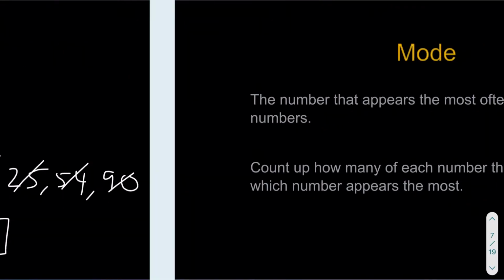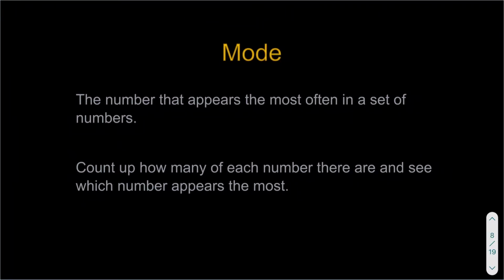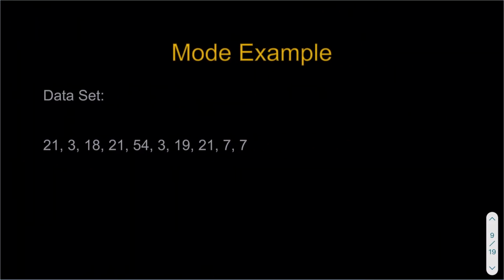Finally, let's look at mode. Mode is the number that appears the most often in a set of numbers. In order to calculate this, we'll count up how many of each number there are, and we'll see which number appears the most or has the highest frequency. So let's look at an example. According to this data set,